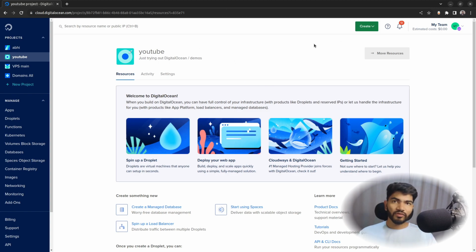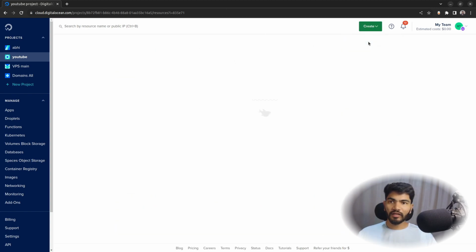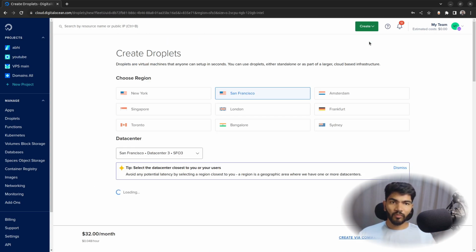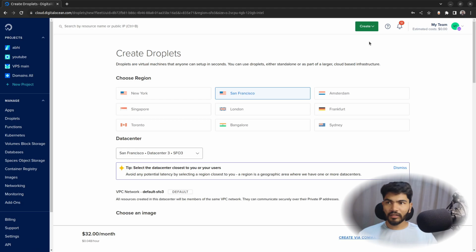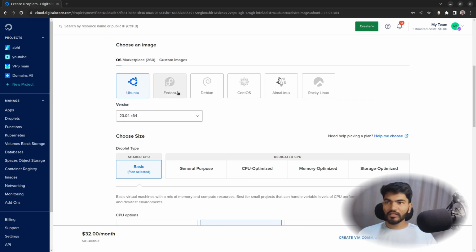So without wasting time, let's go ahead and click on create and create droplet. Okay, so on DigitalOcean they call a server a droplet, so droplet and server are the same thing. So next thing I need to do is select the region. I'm going to select Bangalore as I'm in India, then OS as Ubuntu, and in the version I'm going